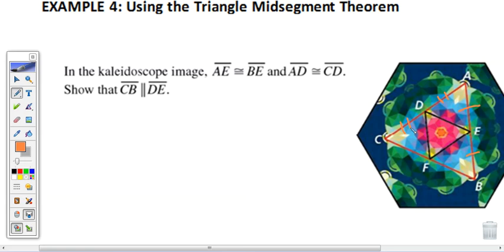Parallel to it has to be, doesn't it? Because isn't this just a mid-segment? Slopes would be the same. By midpoint theorem, D is a midpoint of this side, and E is a midpoint here. So since these two are midpoints in this triangle, DE must be parallel to what? CB down here. I would just say by mid-segment theorem,